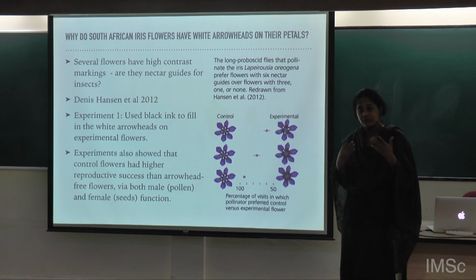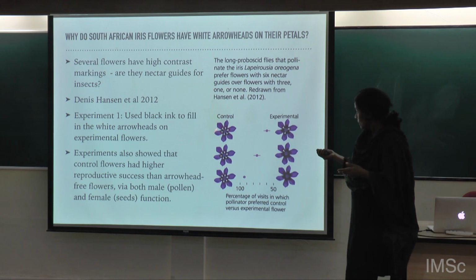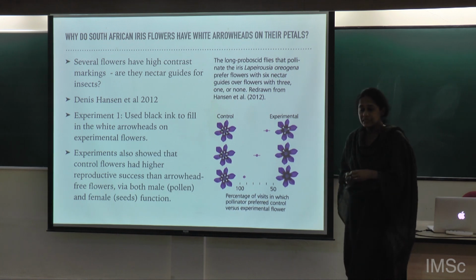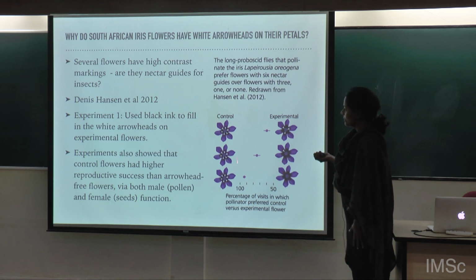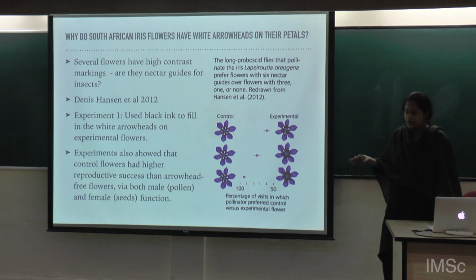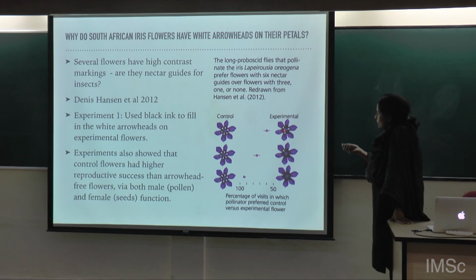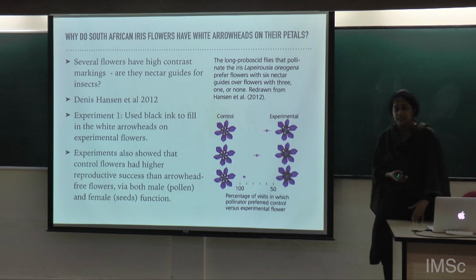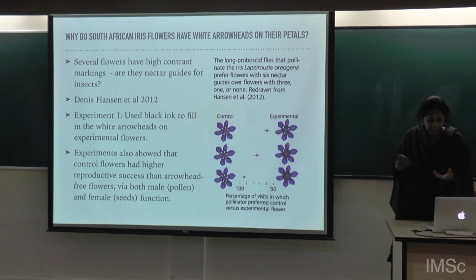You can ask more refined questions about why you need so many different kinds of stripes. Is one stripe enough? Two stripes? Do you need six stripes on a flower to actually have it perform this function? So people conduct experiments, and in this example, they used ink to fill in certain white patches or all white patches and looked to see what happened, right? And they did find,